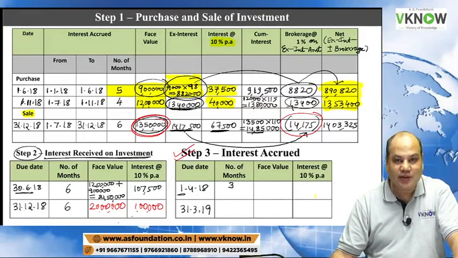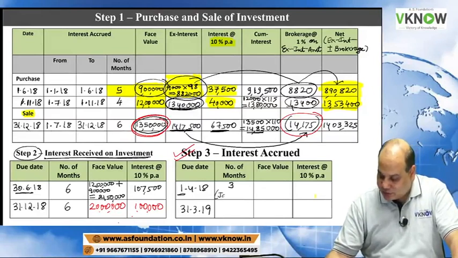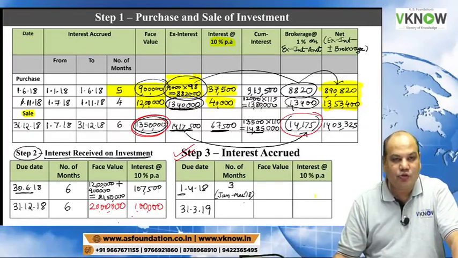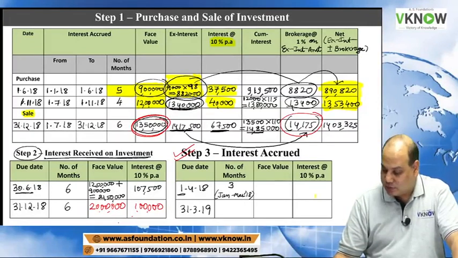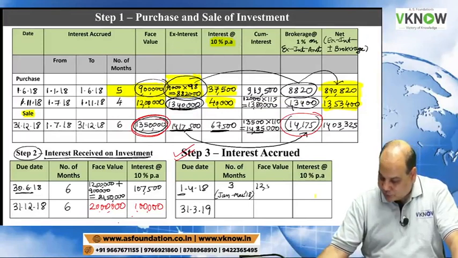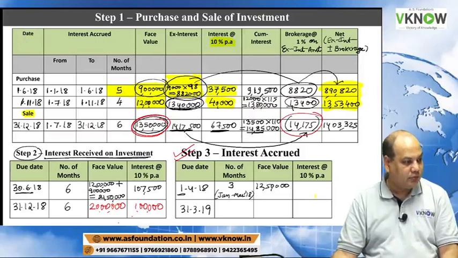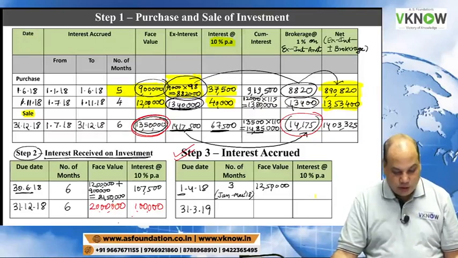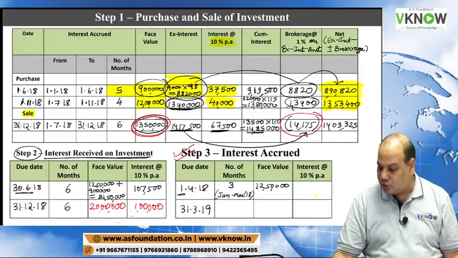Sir, which 3 months? January, February, March 2018. Interest would have accrued for these 3 months. And the face value is the opening balance 12,50,000. So please tell me 12,50,000 into 10%